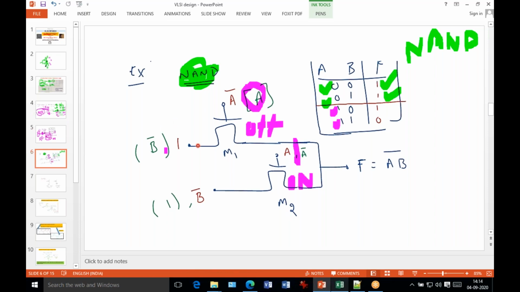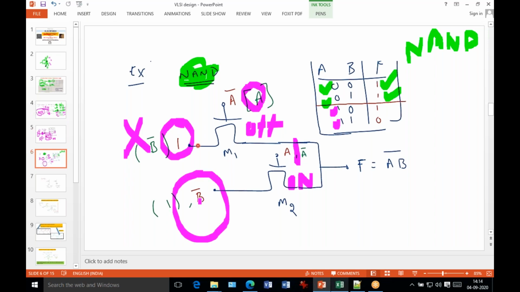So now here this is not useful because this is off. But here, if it is on, this signal is useful. What is this signal? B bar. Okay, if your B input is 0, your output is B bar. So what is B bar? This is 1. You just invert this one. And in the second case, if the B is 1, you just invert, that is 0. Okay, so that is the verification of the NAND gate.